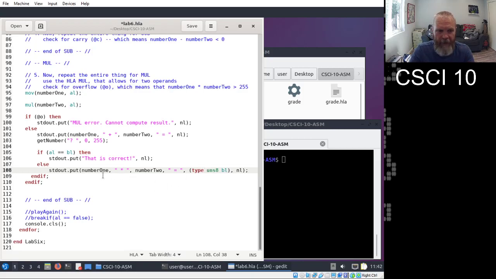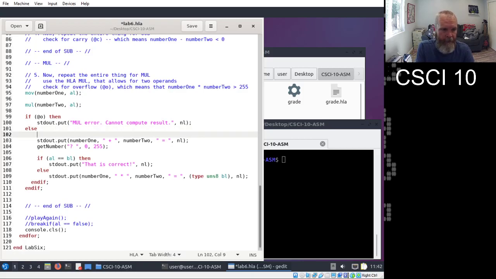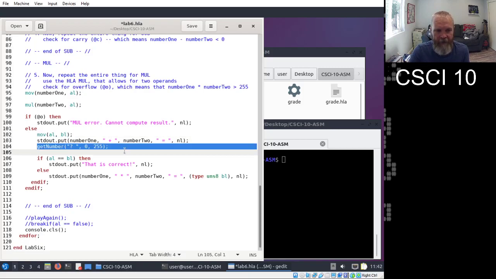Okay, so now you got to be careful, because they're about to put a number in and they're going to overwrite AL with their input. So you really got to pay attention here, because when you get here, your nicely computed result is about to get blasted by this input. So you can't let that happen. So what you need to do is make sure that you copy that computed result somewhere else so that the input doesn't ruin it.